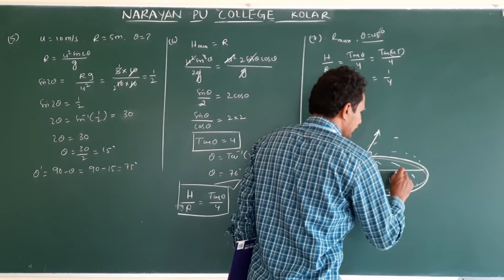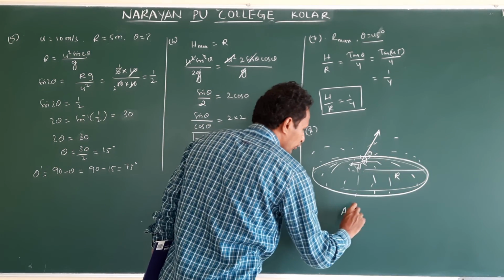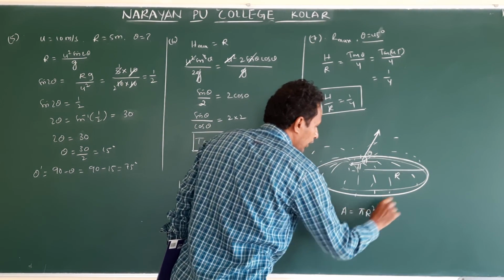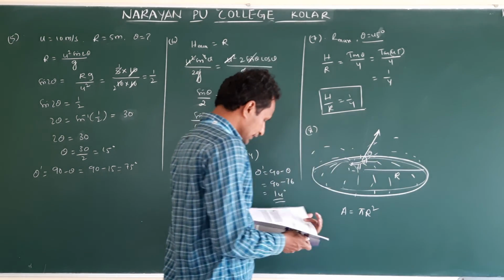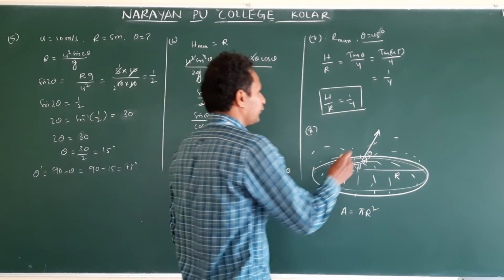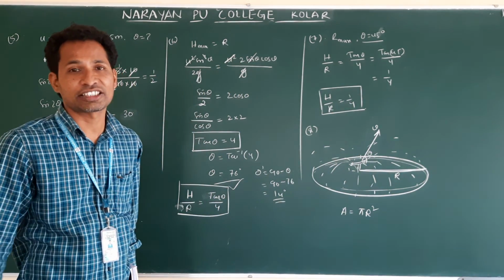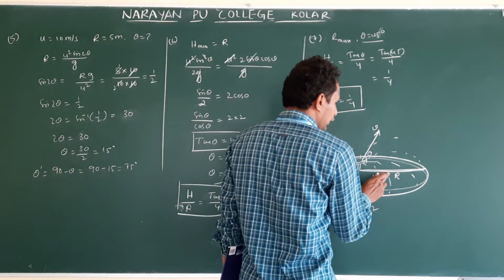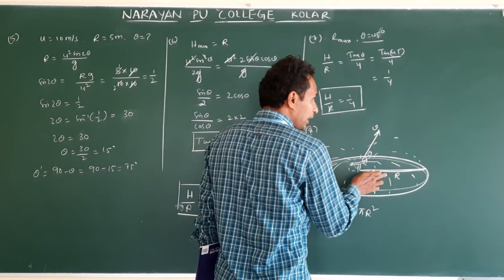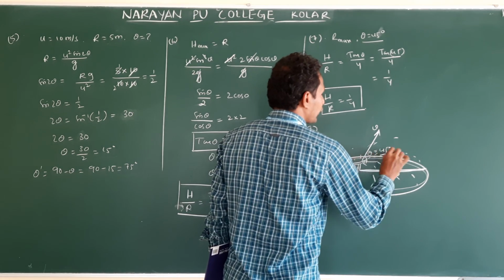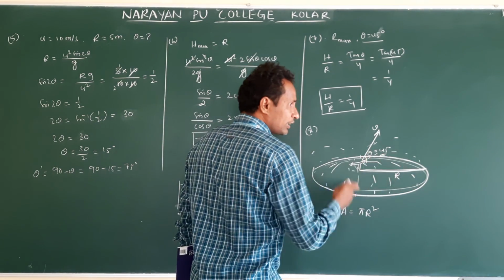If you find this distance r, then the area will be in a circular form. The area formula is pi r square. Once we know r square, we will get the area. With what velocity are the bullets going? With velocity v. They are asking for maximum area. The area is maximum if the radius is maximum. When r is maximum, theta is equal to 45. This range is nothing but the radius of the circle.